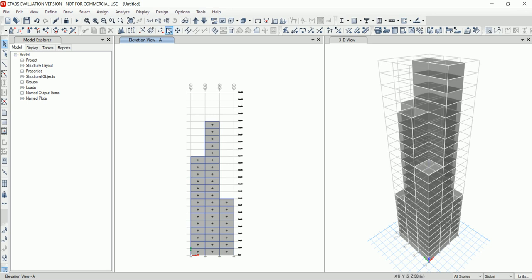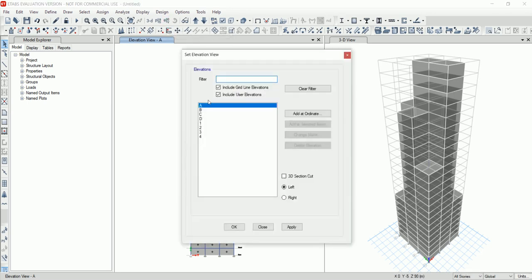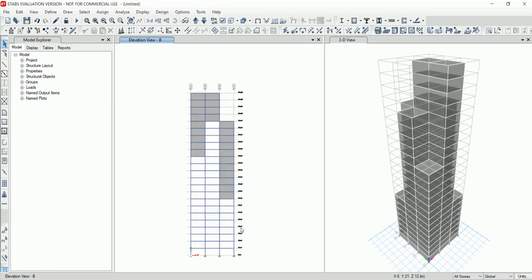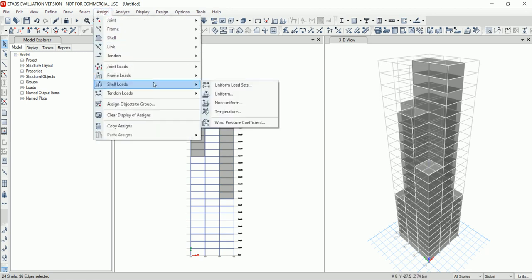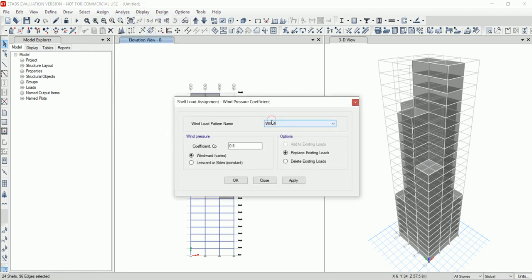Now go to elevation and select B and click on OK. Now select all the claddings, go to assign, click on shell loads and click on wind pressure coefficient. Again the coefficient will be the same, plus 0.8.